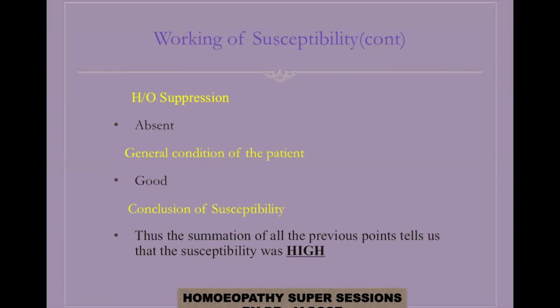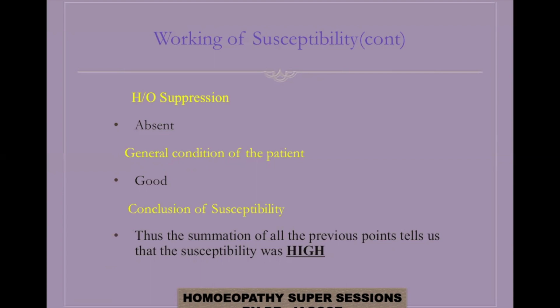History of suppression is absent. Out here, though the patient was taking allopathic medication, her symptoms were aggravated. In spite of that, the symptoms were characteristic in nature. That is why I've written suppression is absent, because the allopathic medicine did not interfere or did not suppress the susceptibility, as a result of which the symptoms exhibited were characteristic in nature. And the general condition of the patient, as you can see, the patient was conscious, she was cooperative, she was well versed in time, place, and person. Her vital parameters were quite normal. So overall, the general condition of the patient is good.